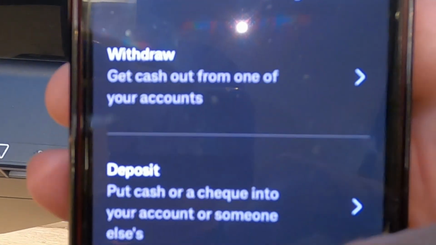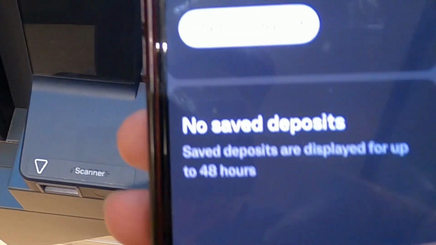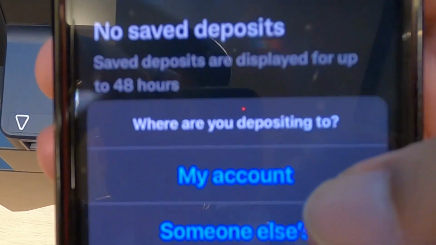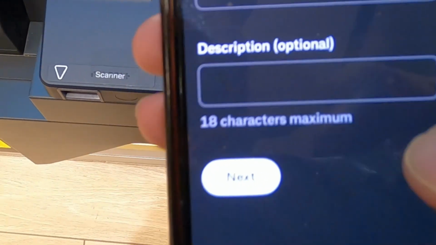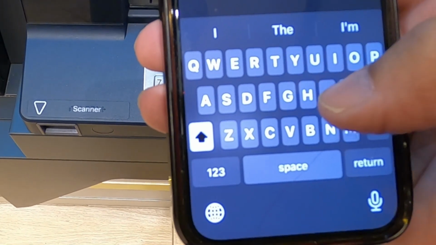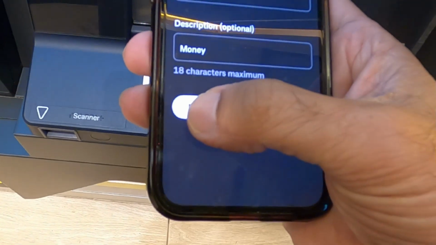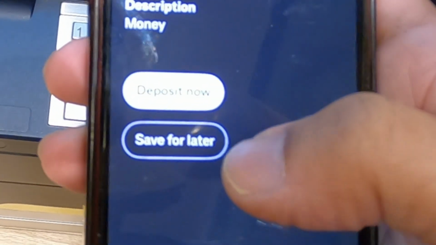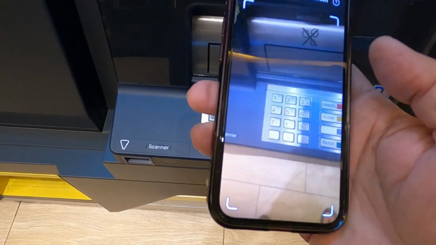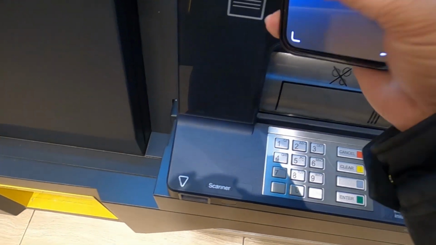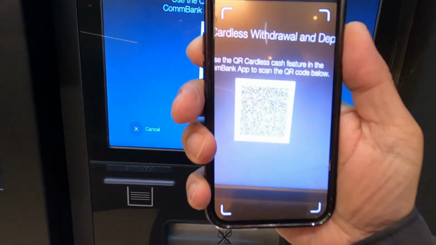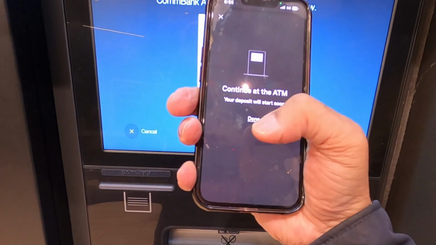So now instead of withdraw, I'll click on deposit and then start a new deposit, my account, and then I'll write anything, money, and then click next, and then I'll click on deposit, and then I have to scan it again. So I'm scanning, and then I'll click on done,